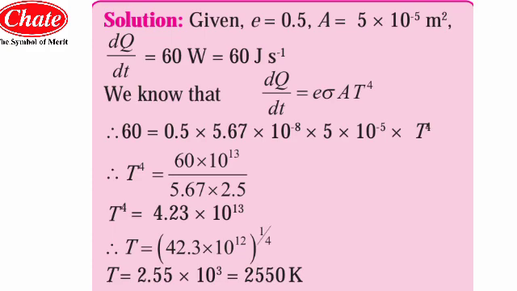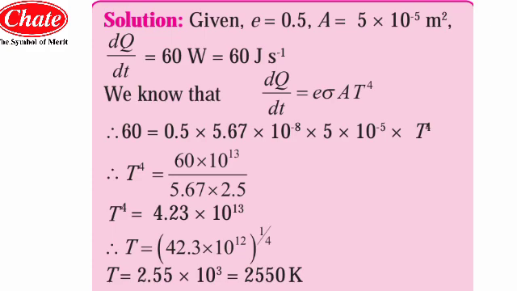Then the area of the surface which is radiating the heat energy is 5 into 10 to the power of minus 5. Then they have asked for the absolute temperature, so the entire terms will be on this side of the equality sign. When they move to that side of the equality sign, they will be in the denominator. So T raised to 4 is equal to 60 into 10 to the power of minus 13 upon 5.67 into